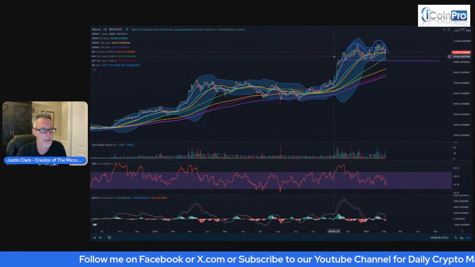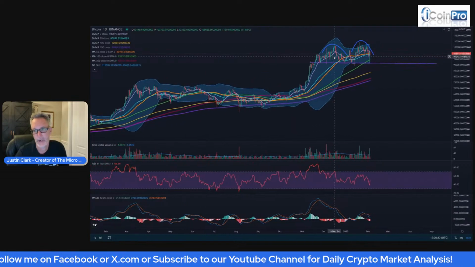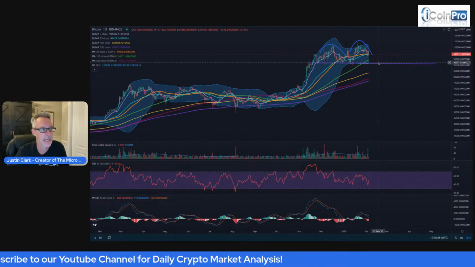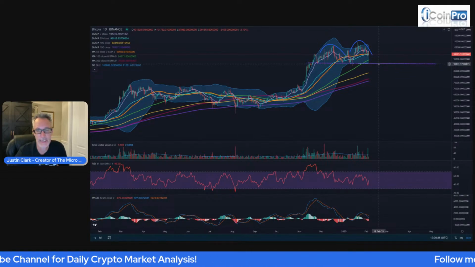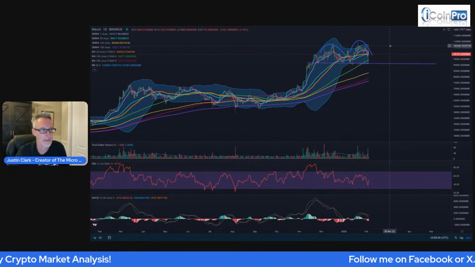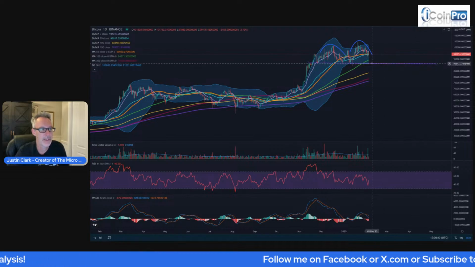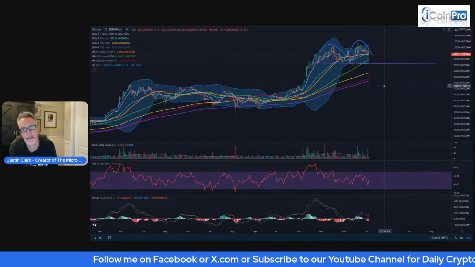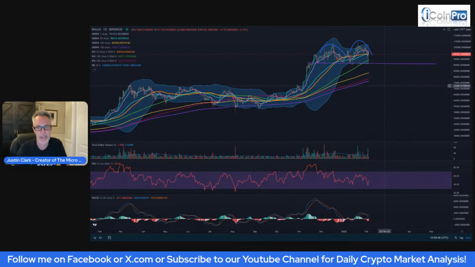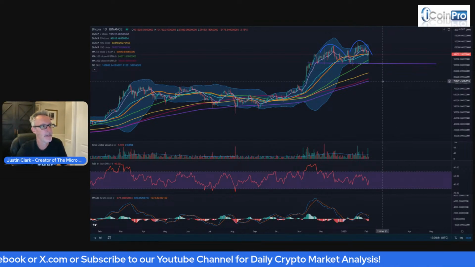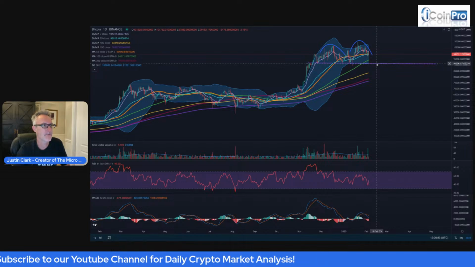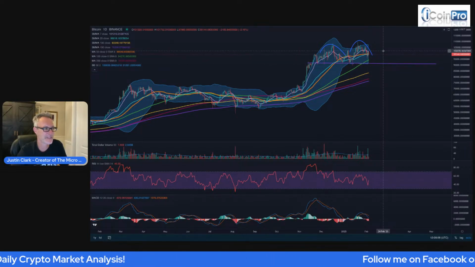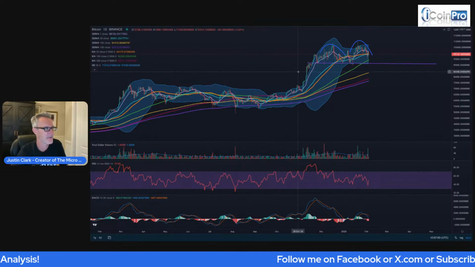When a pattern that's forming gets invalidated and the market moves out of it quickly, oh man, people can get excited. Same thing on the negative side. If we rapidly lose 90K and we don't even finish the shoulder, that would be really not awesome. And we could see some serious selling occur potentially there. Everything's potential until it happens. So that's where we're at. 90K is so important right now. Okay. 100K is so important right now. So we'll just have to see what the market wants to do from here.